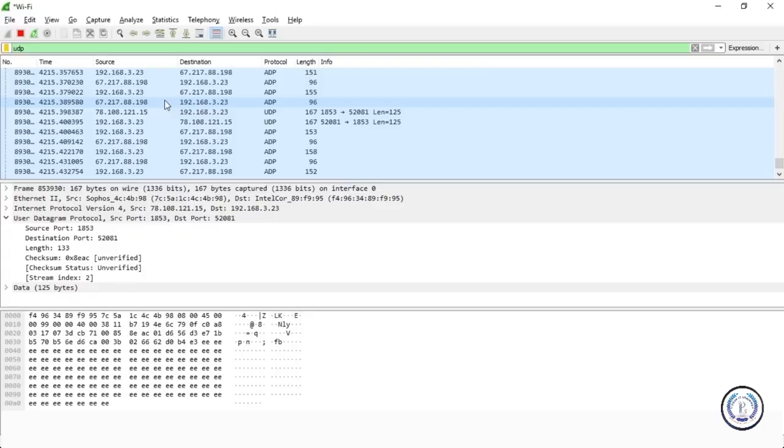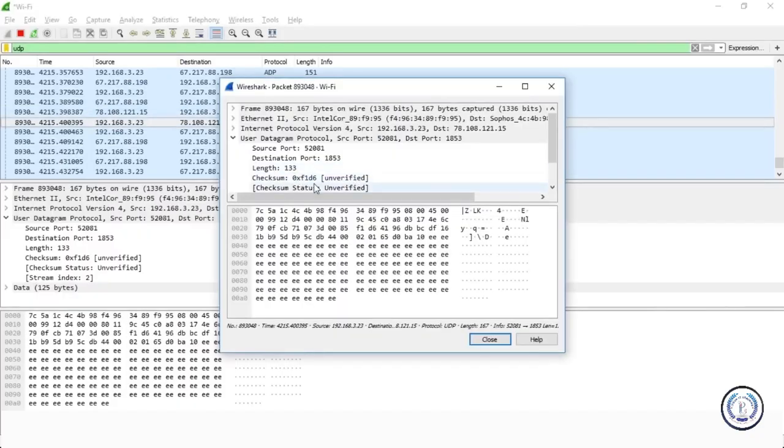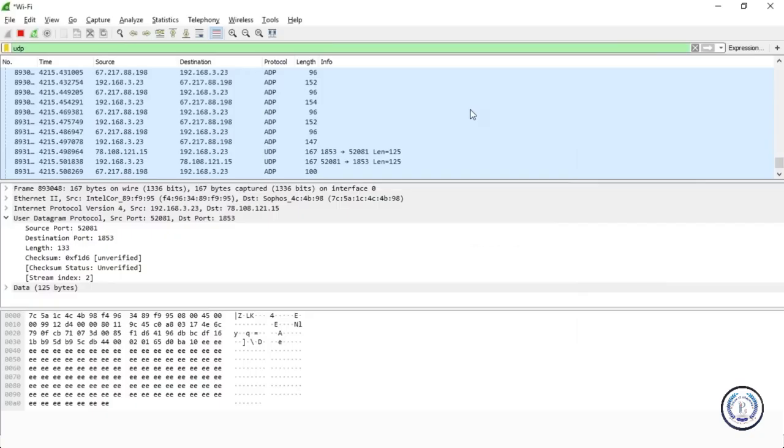So DNS servers throw their queries onto the wire using UDP hoping to get fast responses. They don't want to spend a lot of time setting up connections and doing all the negotiating that comes with a protocol like TCP, for example. So here you see that the DNS is using UDP, and what we've got here is another UDP packet with the destination port and all sorts of stuff. You can see the checksum, and its status is unverified. So you can check out all sorts of stuff using Wireshark. So that was about UDP, or the User Datagram Protocol.